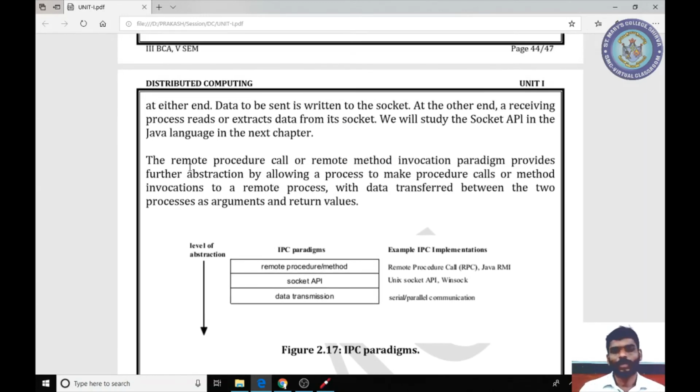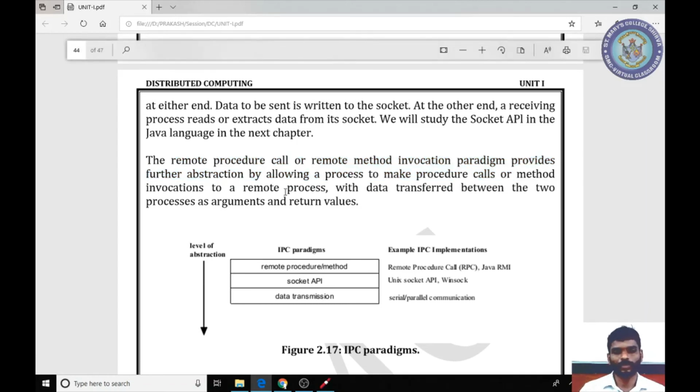At the highest level, the remote procedure call or the RMI provides further abstraction, allowing a process to make procedure calls or method invocations to a remote process. What do you mean by the term remote or local? Remote does not mean the remote that you use for the TV. It means remote process or remote resources. For example, to my system, the resources that belong to this system become local.